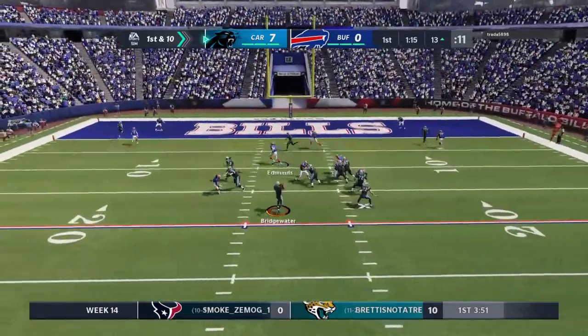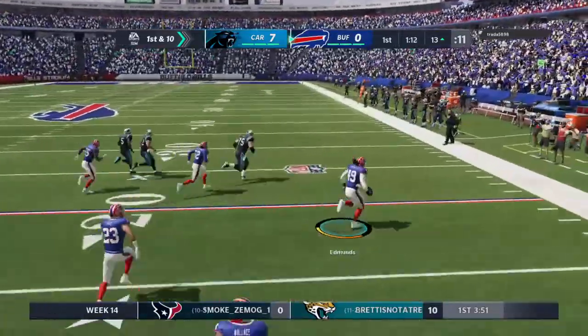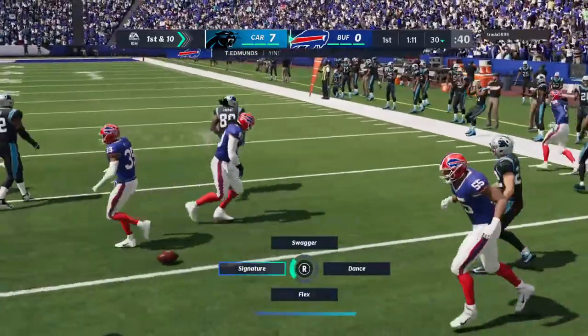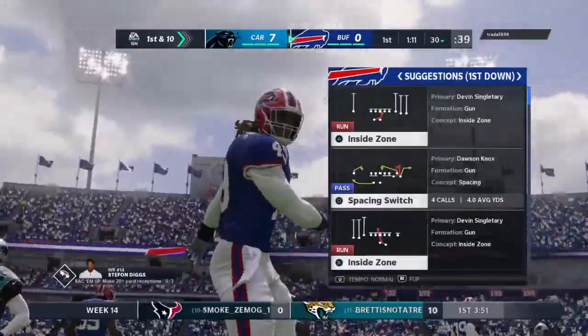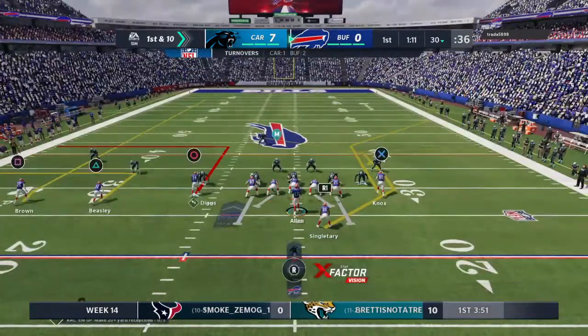From the red zone now, Bridgewater. He rifles one that's intercepted. Picked up by Tremaine Edmonds, the linebacker, and he will bring this all the way up to the 30-yard line. Charles, not only is that an interception, it's one when you were really knocking on the door for a touchdown